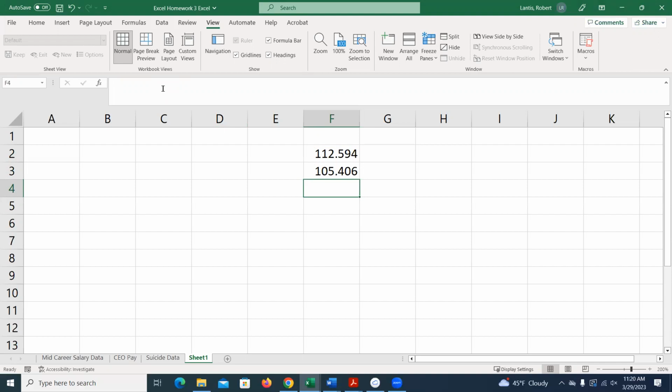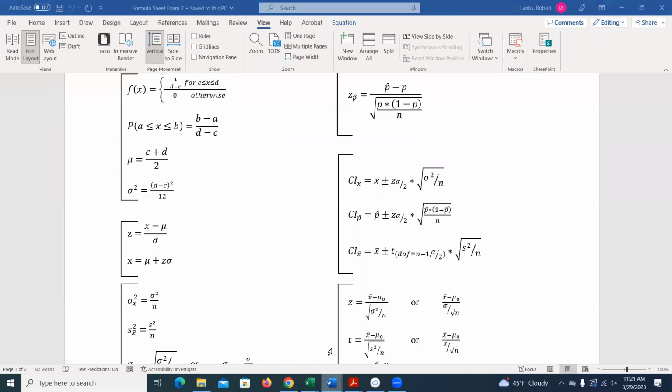Now, what's interesting is if you look at the actual practice exam where I had a known population standard deviation, that lower and upper bound are going to be a little bit different. Why? What's the only thing that would change here if I had a known population standard deviation? So I look at these confidence interval equations. I'd still be plugging in my standard deviation, sample size and sample mean. The only thing that's going to be different is my z values and my t values are a little off. In fact, if I look up 0.05 in that standard normal, I believe that it's